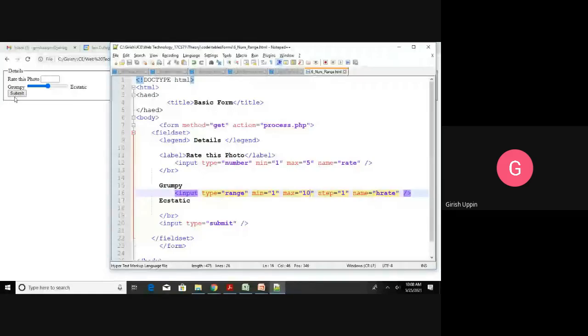Now I will save this, and if I give any value between 1 and 5, it will take it. Let us try to give 6. You can see the message: value must be less than or equal to 5. If I try to give 0, value must be greater than or equal to 1. I did not put any JavaScript for the validation, but by using this control I can directly use the HTML5 automatic validation. So I will give it as 4.